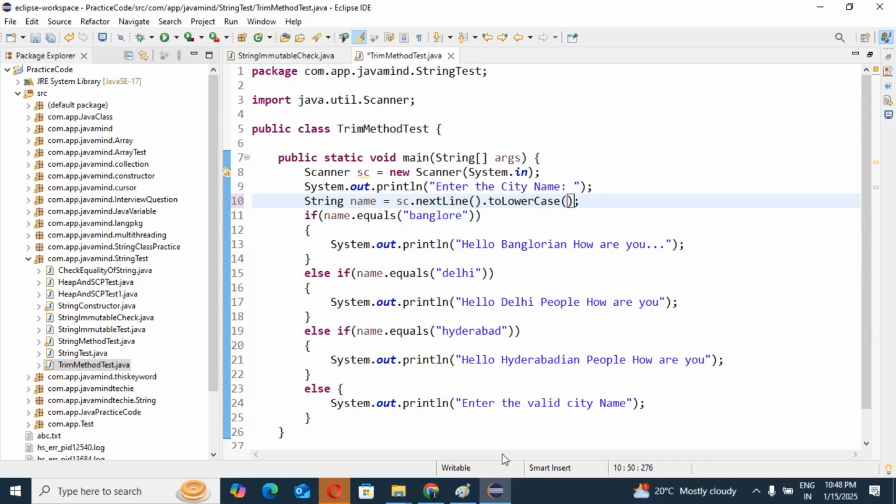Then, guys, there is one most important concept here. Tell me, after solving this issue, can you tell me any other issue we have in this code?